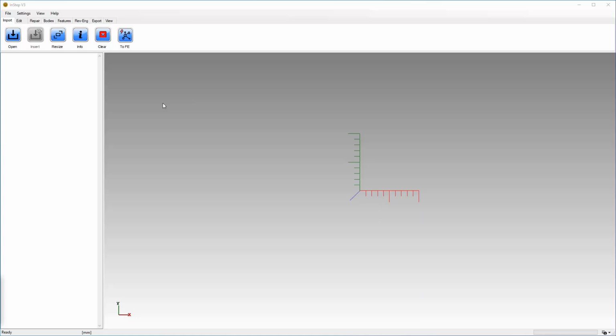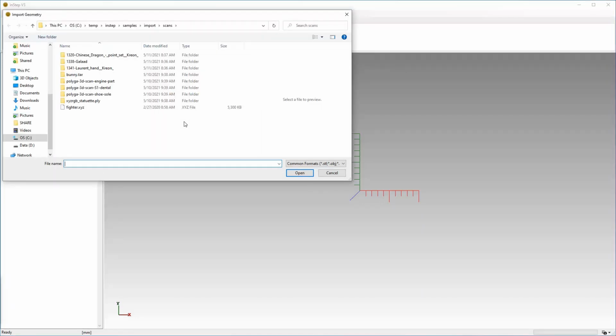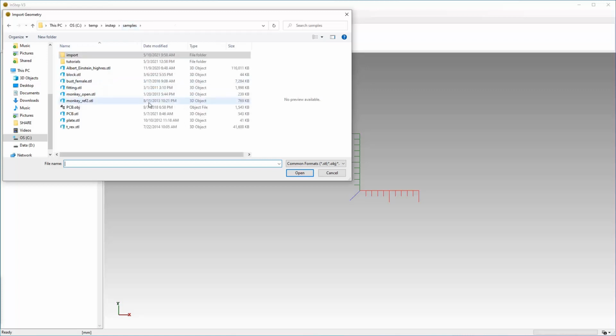So the edit tools are very much underrepresented because we feel that there are a lot of polygon editors out there that do a far better job, and duplicating that effort would just be a waste of time in general. What we are going to show here is the basic process by which some minor data can be edited directly within InStep. And we're going to do that by using a simple model that is based on the Blender Suzanne.